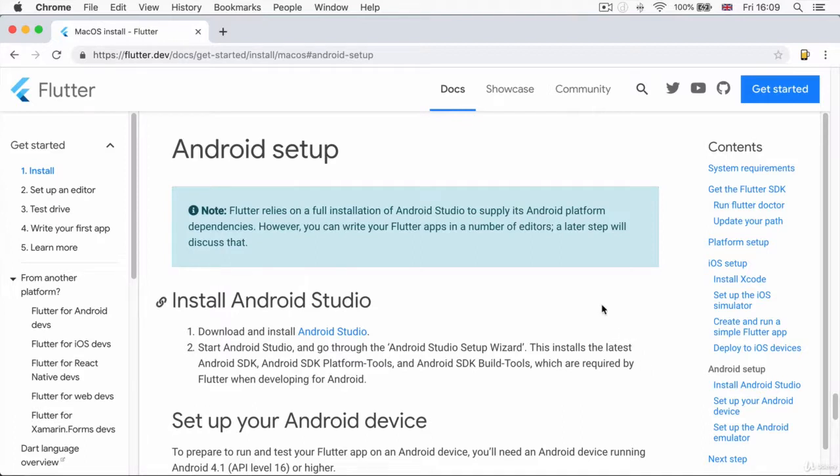So now that we've installed the Flutter SDK, we're going to skip ahead and set up first for Android. It's going to become really clear a little bit later on why we're doing it in this order. Now, the first thing you need to do is to install Android Studio. So head over to this link